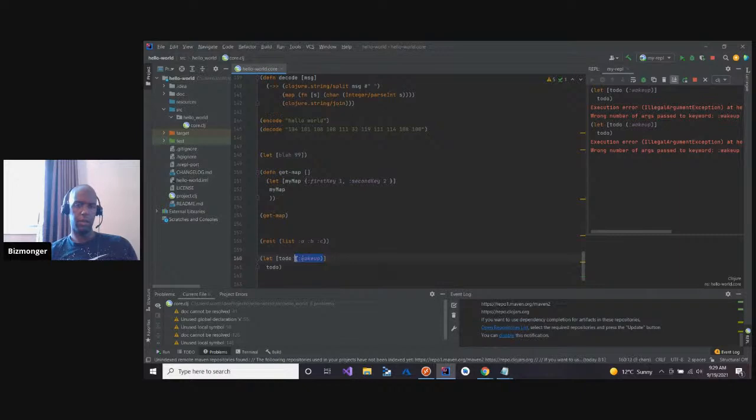If I said to do equals 99, does that matter? Yeah. So that works. So I can't assign a key to a list.